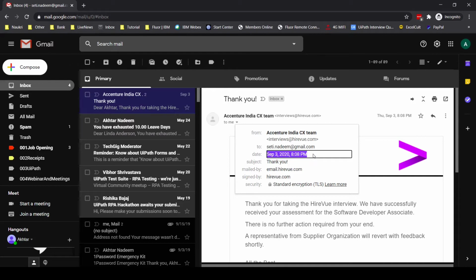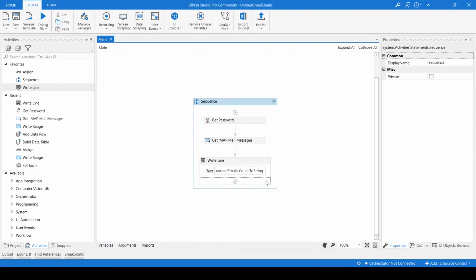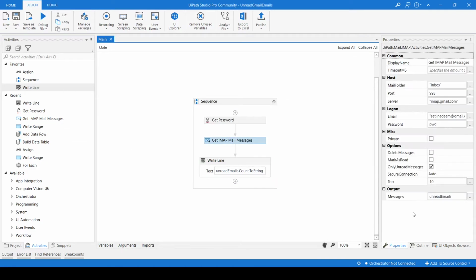We can also find these values here. For example, we have read all the emails that are unread and stored them into a list type variable. Now we want to read the subject and sender of the emails.